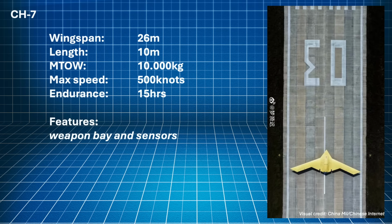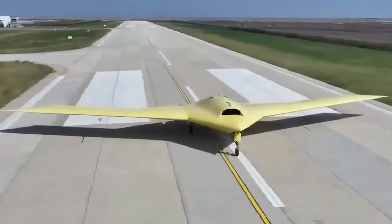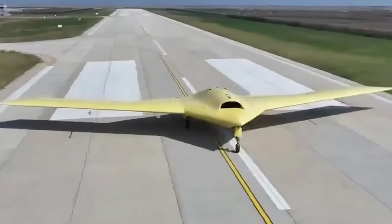The wingspan is 26 meters with a maximum takeoff weight of 10,000 kilos, which seems a bit low, honestly. The maximum speed is 500 knots and the endurance is up to 15 hours. It features a weapon bay of unknown capacity, and it was described as capable of carrying guided weapons and sensors. What we see in this picture is most likely a prototype with still the primer on, before being painted with